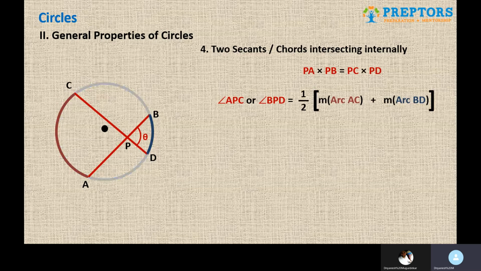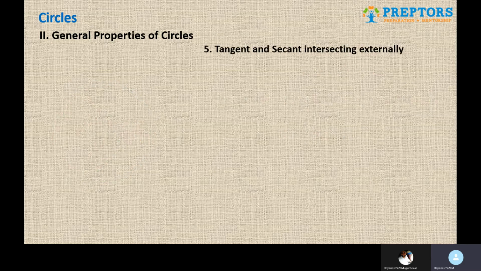Again, how do we measure arc AC and BD? You count their angle with respect to the center of the circle, which is alpha and beta respectively. So the formula becomes theta is equal to half into alpha plus beta. That's your next theorem. The third and the last theorem probably is tangent and the secant intersecting externally, something like